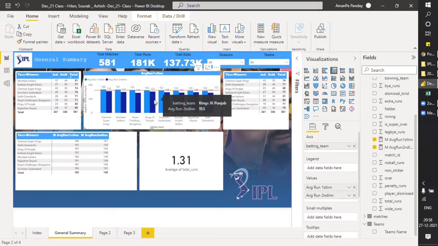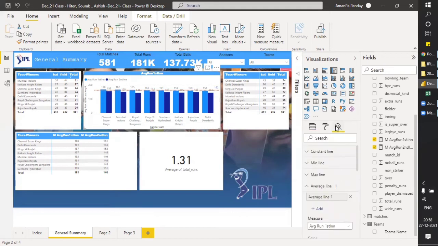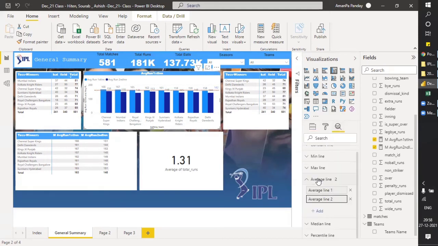Only Sunrisers Hyderabad in second innings has equal, and the rest it's on top. 143 Royal Challengers and 156, 153 Kings XI. So now here also we will be adding a line just to showcase the average line.